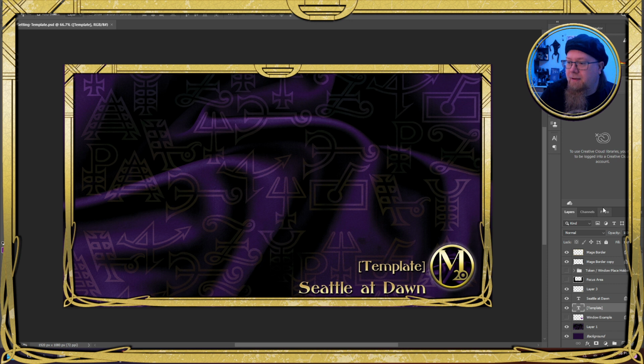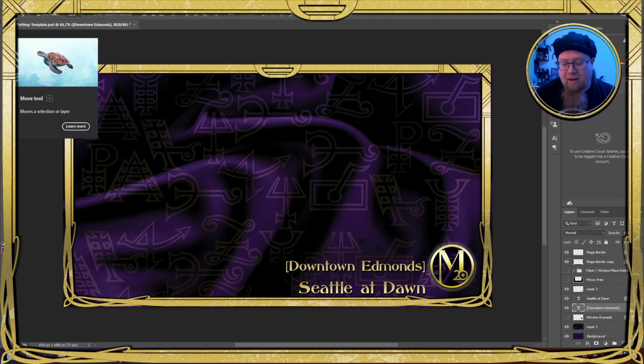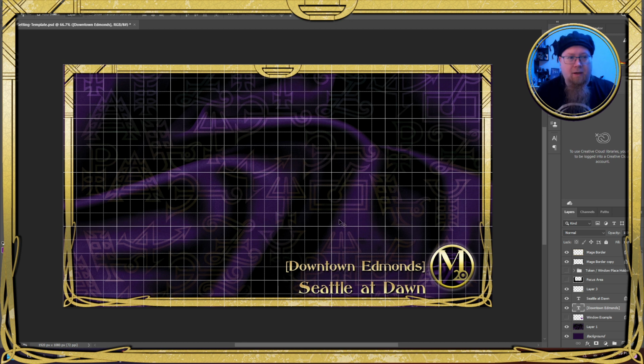setting. So here in Photoshop, we got our template. First thing I do is once I pull up the template and I know where I'm going, I'm going to do a couple things. I'm going to change the scene name, setting name. I also have this on a grid. This is 60 by 60, so it fits the tokens. The tokens are all sized to work with the grid 60 by 60.